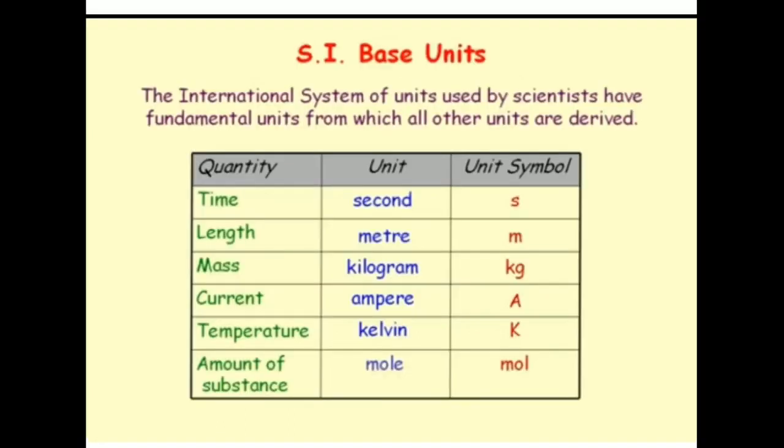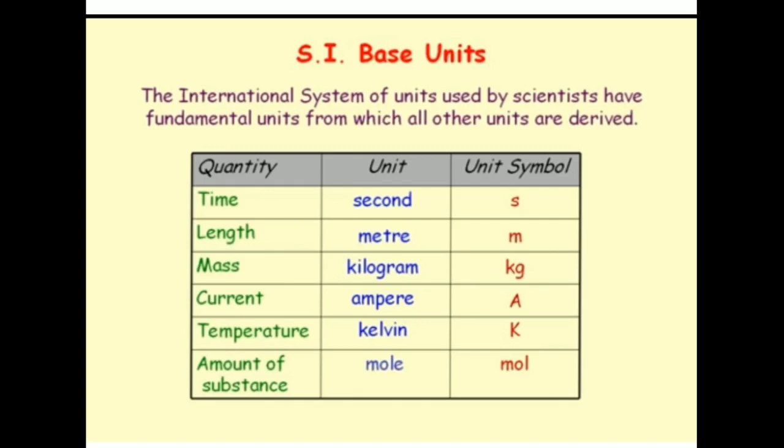Firstly, what is the meaning of basic units? Basic units are the fundamental units, not dependent on any factor, on any physical parameter. Or we can say derived units are derived from the basic units. Derived units are dependent on the basic units. We will see in the example. Here, 7 basic units are present.